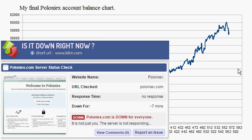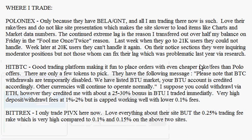Is it down right now? You can check websites to see their status, and it was down, responding for nobody. It was down for around 7 minutes, and I had seen this image the night before. I had noticed problems. So I got frustrated with them and decided if they don't want to make their bandwidth actually work, it's going to make it difficult. So on Poloniex, I'm